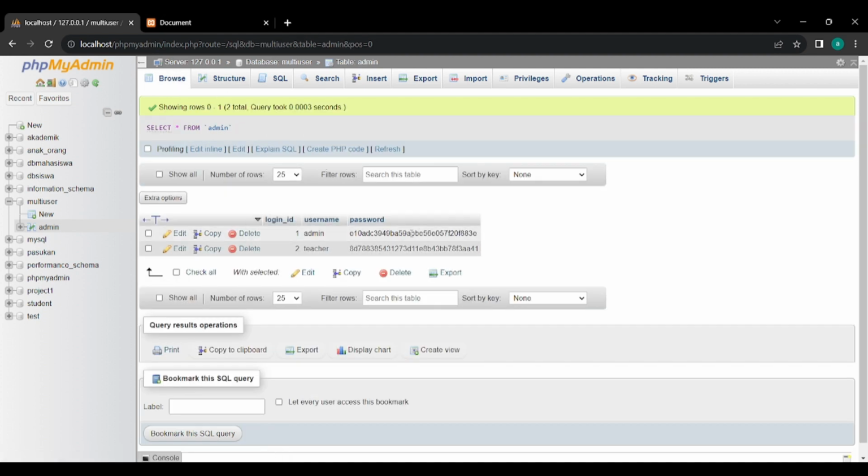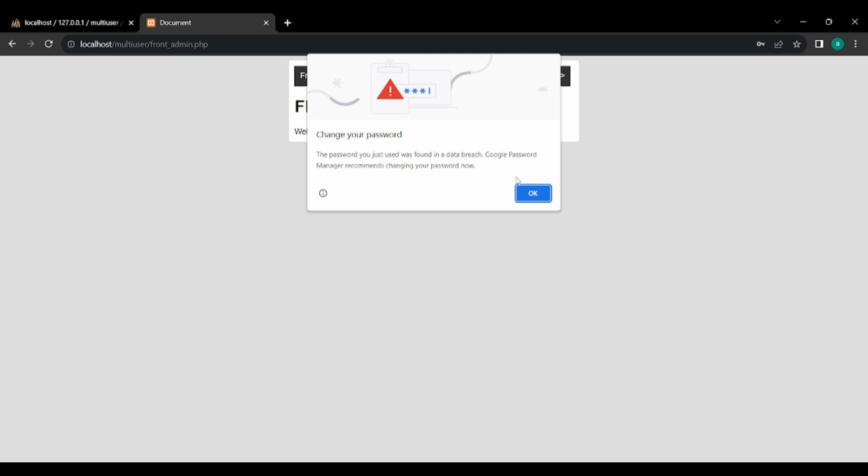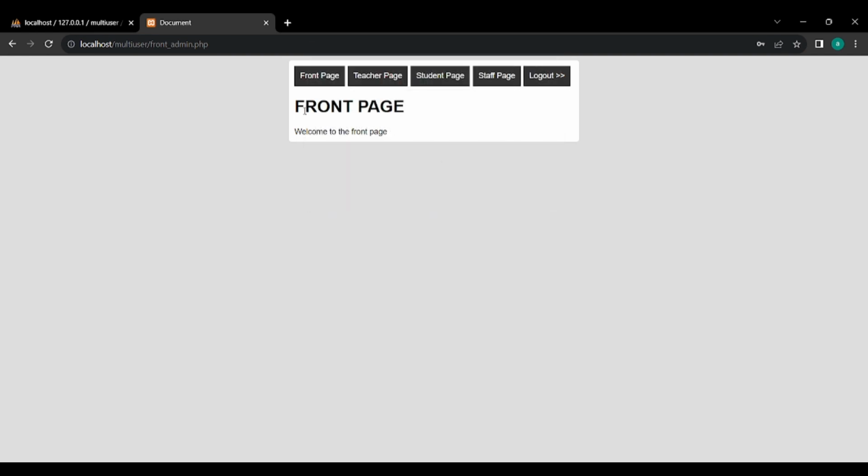We open, okay. Here we back to our document. Here I try to log in with username teacher, like this, and the password is teacher, and we click login. Okay, well, it displayed all the pages, even though the plan is that I want the teacher admin only to be able to access the teacher page here. To make it, we return to